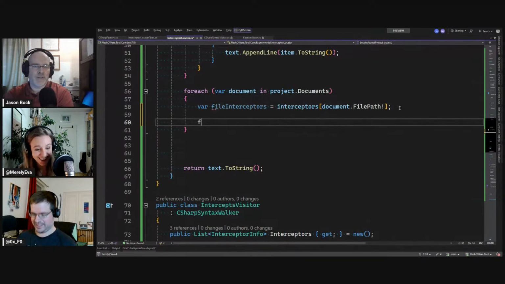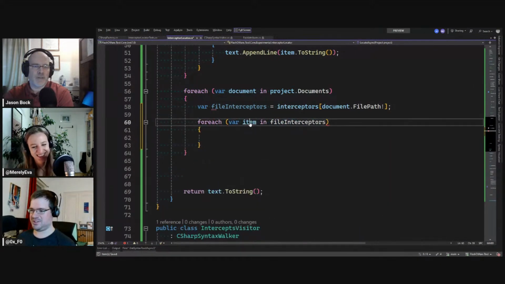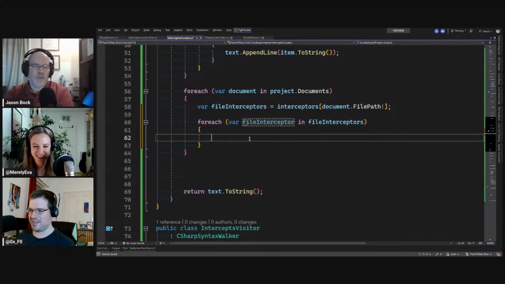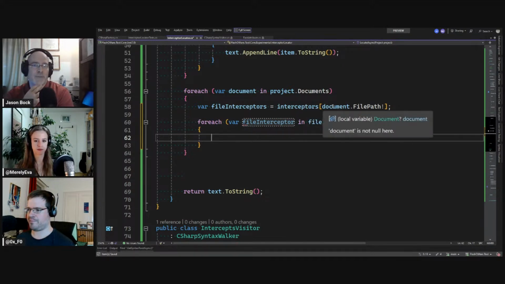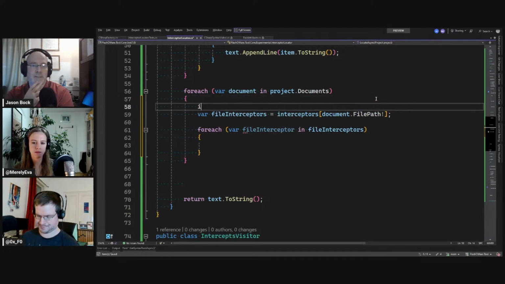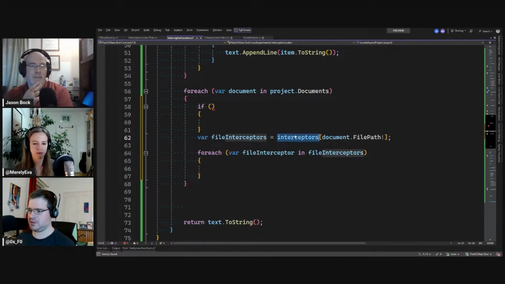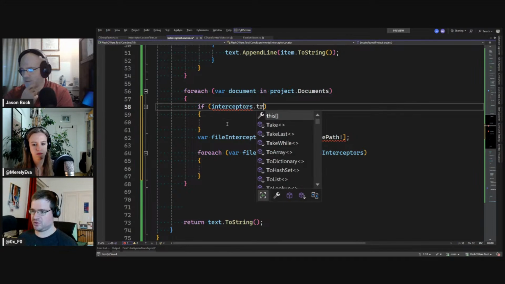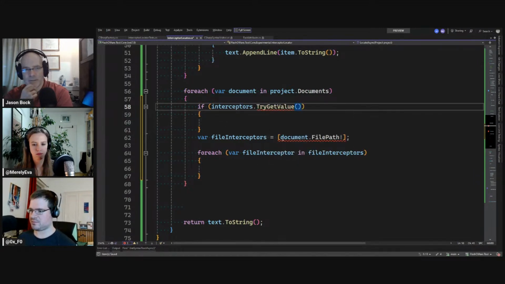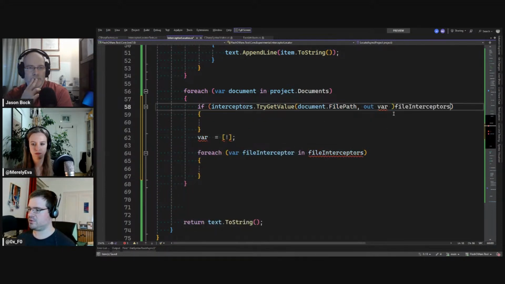Okay. I guess for each of them, which is one file interceptor. Well, what you should do actually is check whether the dictionary contains that key, because you might not have any interceptions for that file. So we try get value out var file interceptors.